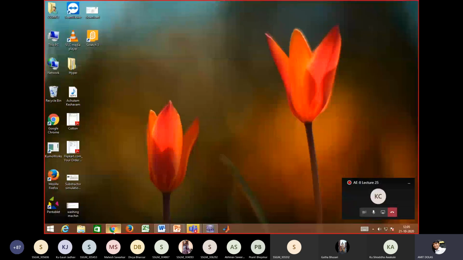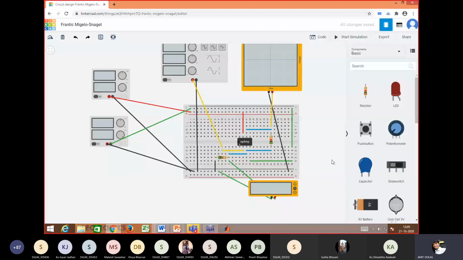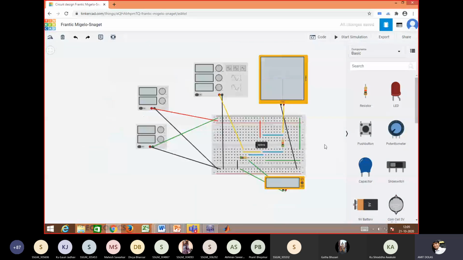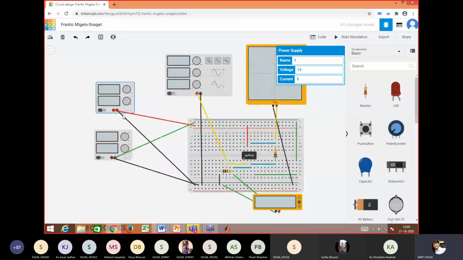We have tried a lot in yesterday's lecture. Then I was quite doubtful regarding the power supply. Yesterday what we did, we used two batteries of 9 volt in a similar fashion, and here today I used a power supply of 15 volt and minus 15 volt connected in a similar fashion.